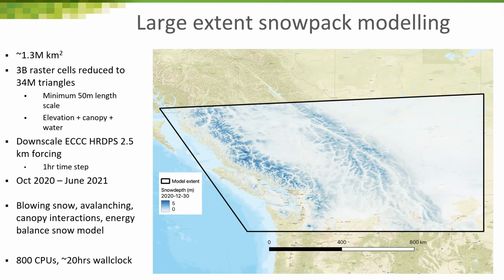So going back to some of the processes here, a key challenge for water modeling in the mountains is forcing the model with a realistic wind field. This is not only wind speed, but also the wind direction. So capturing the channeling around the ridges, down the valleys. These are the formations that lead to cornice formations, which leads to avalanching. And so it's critical to get right for a blowing snow model.